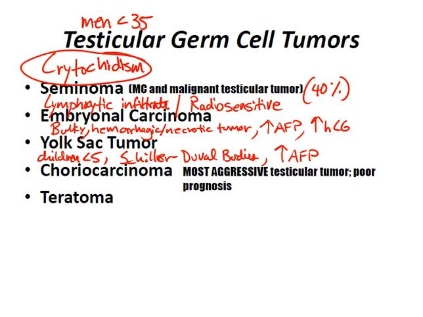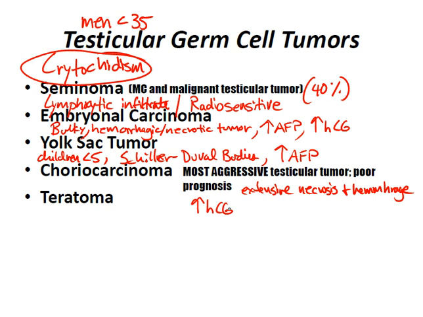Now, the gross appearance is a small primary tumor with extensive necrosis and hemorrhage. Now this one you will see an increased HCG in all cases, and it may present